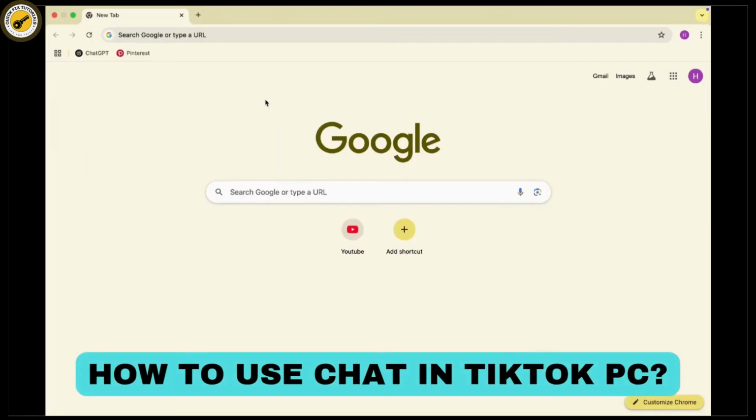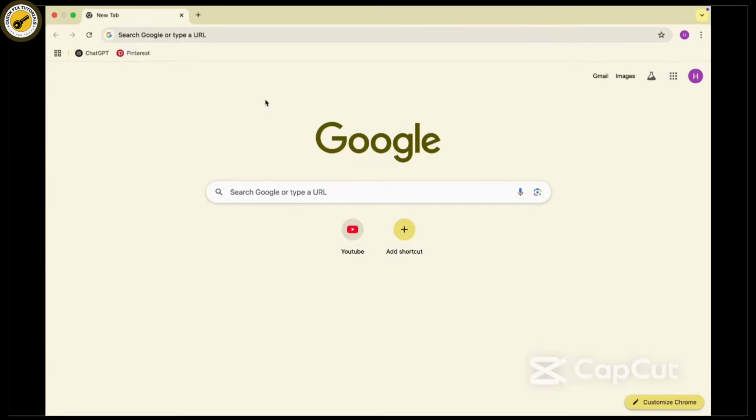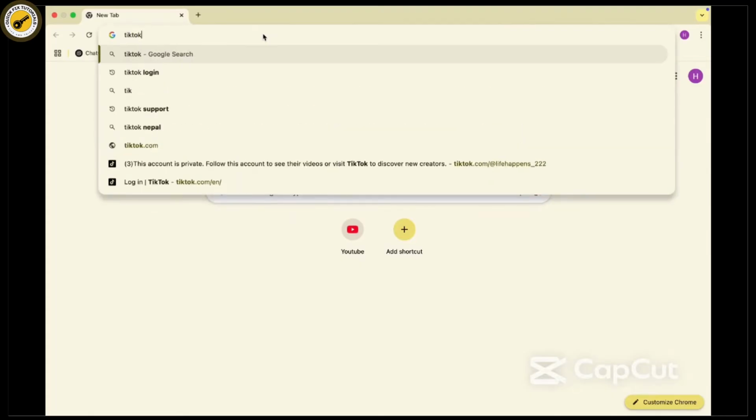How to use your chat in TikTok PC. So here is how to use chats. So let's get started. First of all, you have to open Google or any preferred web